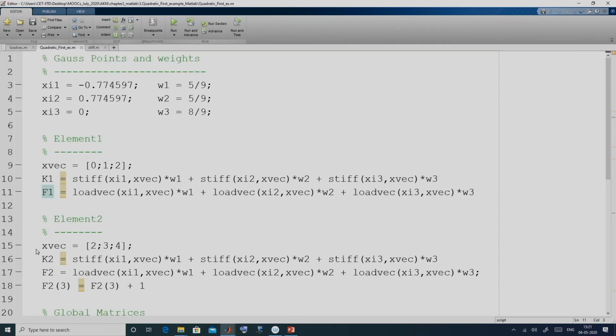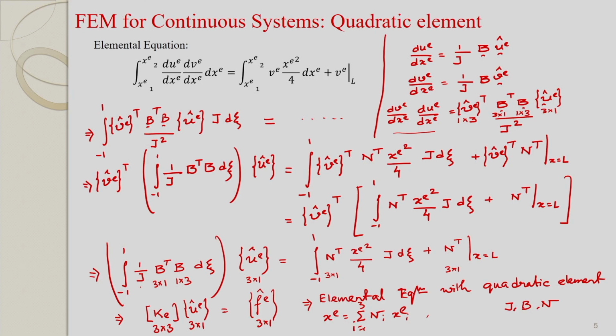Now, for the second element we have this K2 and F2. For the second element, x equal to L will come into the picture, because it is the third node of the second element.